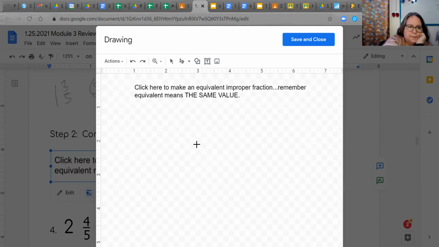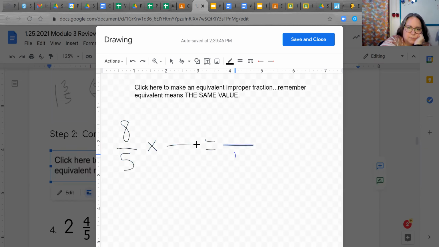Scribble. I'm going to put 8/5 right here. We're going to multiply by some fraction, which equals some number over 10. So I've got to think, 5 times what number gives me 10? Yes, it is 2. And what you do to the bottom,